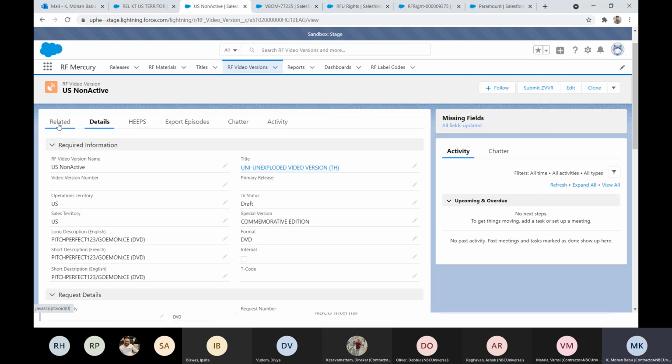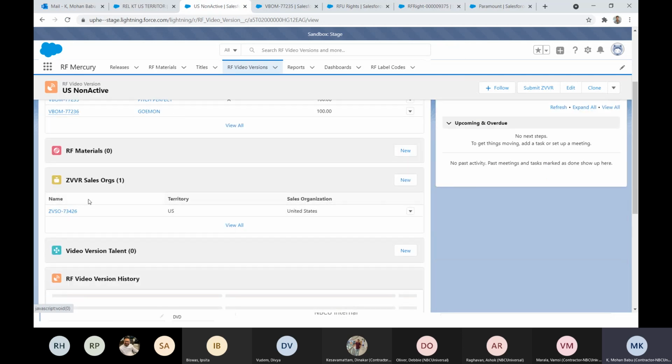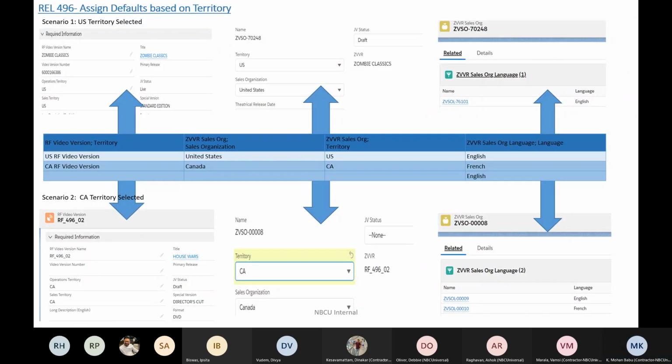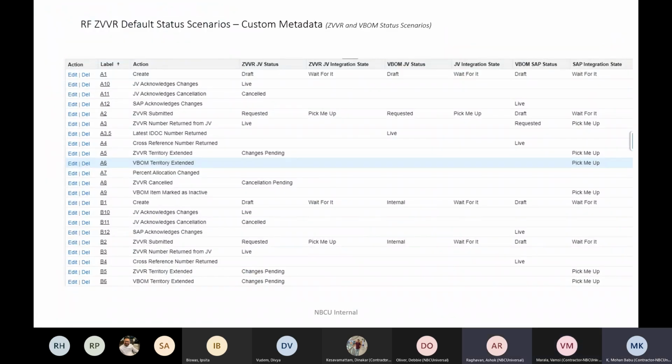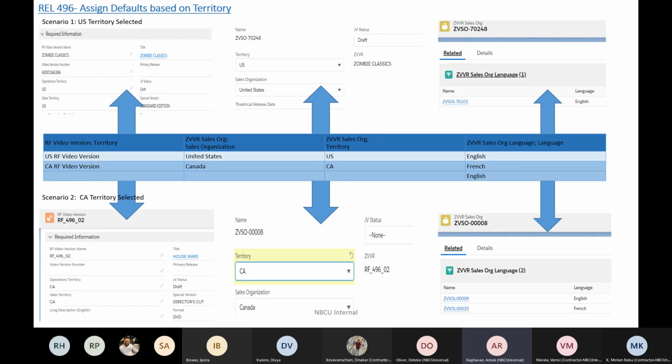So here, if you observe, by default the ZVBR sales org will get created for this video version. There are two languages for Canada, French and English, and for US only English. The sales org concept and the language pertaining to the sales org are all requirements for the JV integration.